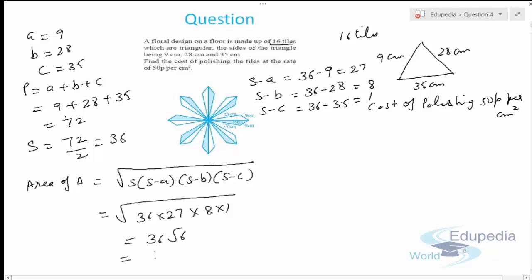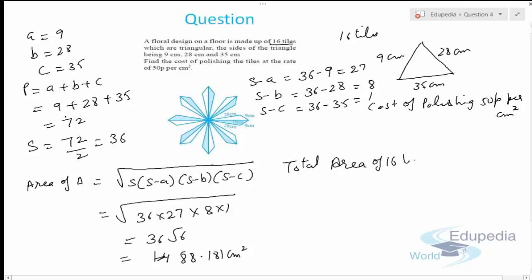let's do it 36 times under root 6. So it will be 88.181 centimeter square. Now we have 16 tiles, so we can say that total area